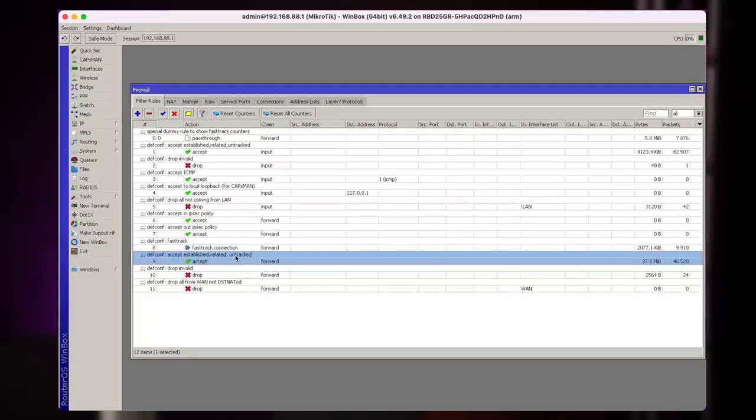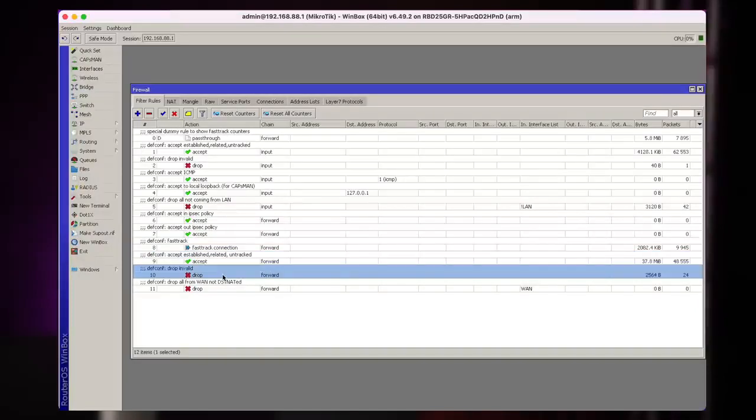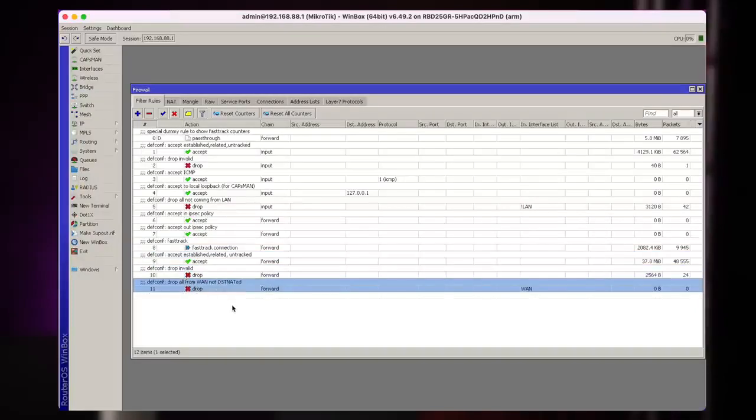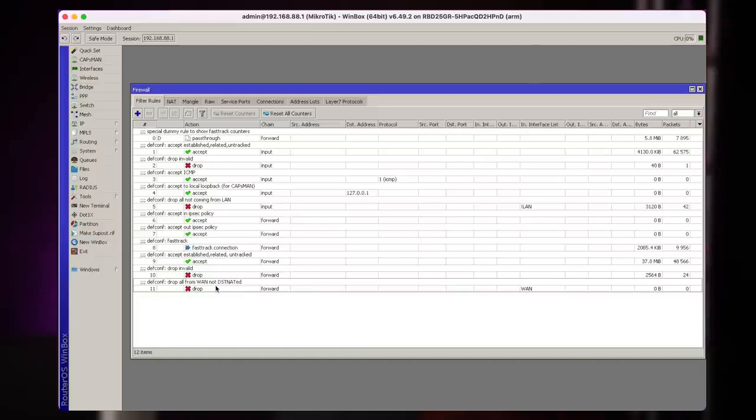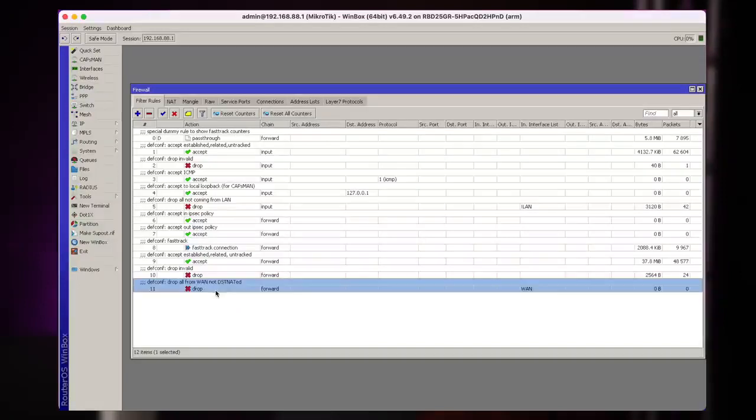Then also, the same as in the input chain, we accept established related connections. Then we also drop all kinds of random invalid stuff, and then we drop everything else. So it means everything that you did not accept before will now be dropped, except connections that are coming from the WAN. WAN means wide area network. So this rule will drop everything except connections that are used for port forwarding.